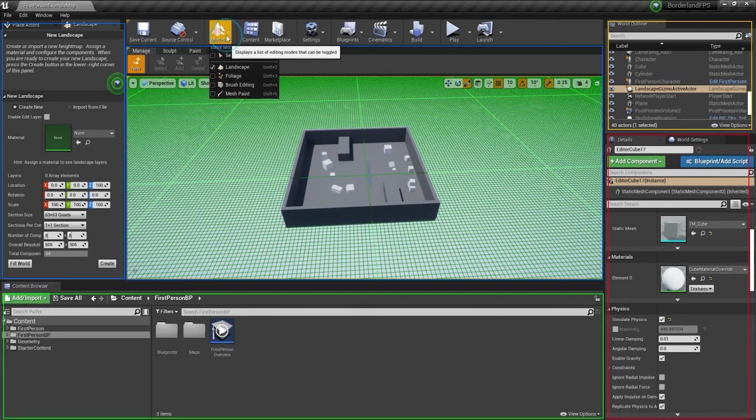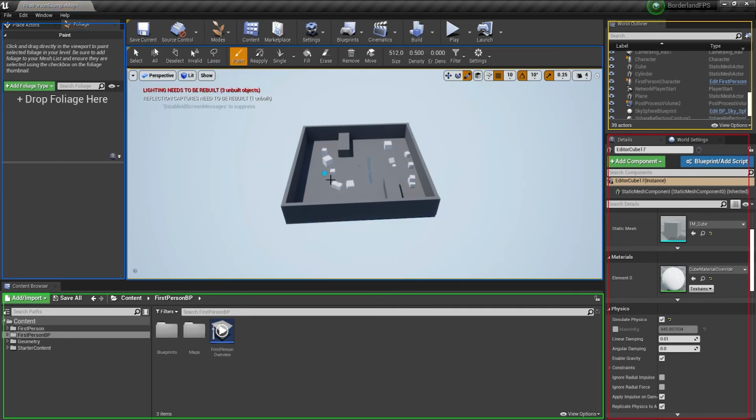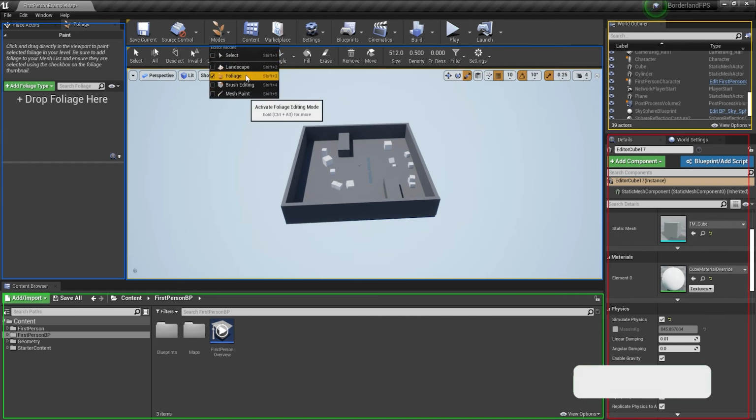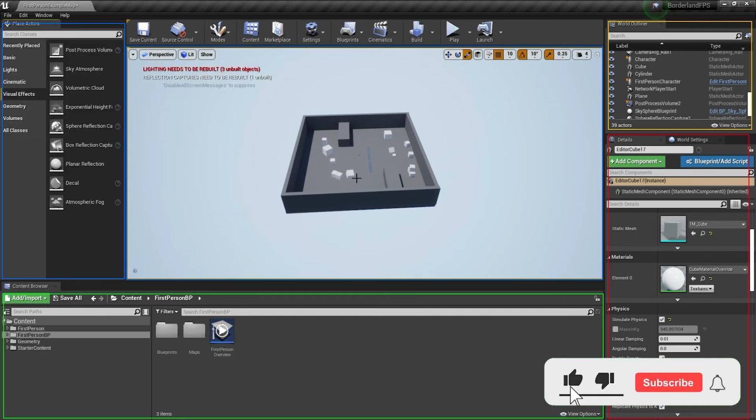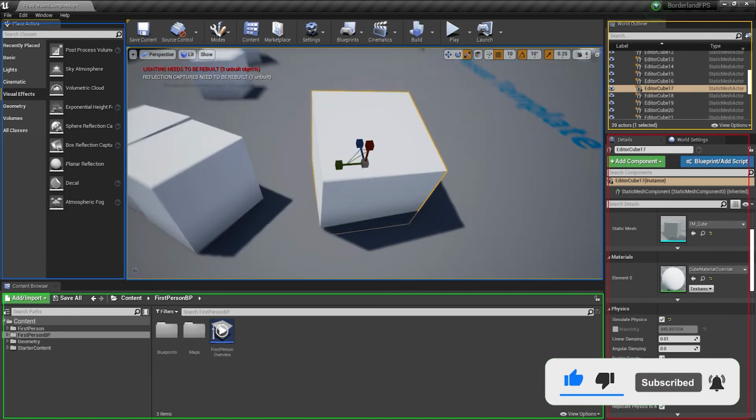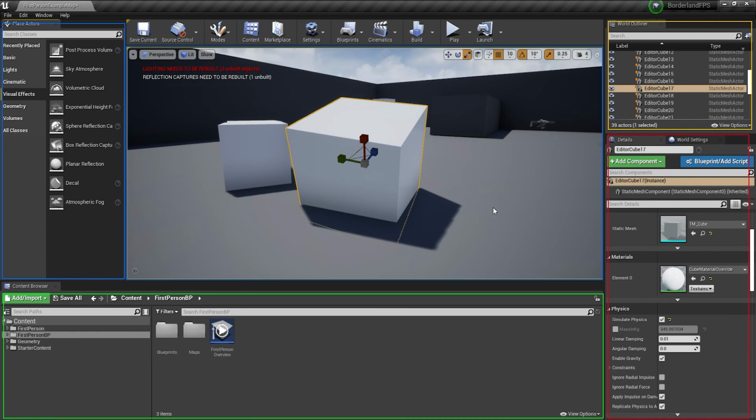If we want to place grass and other things, you can select the foliage mode, which has brush settings and mesh paint. So go to editor mode, select the cube and press F. You can see it will focus on that object.